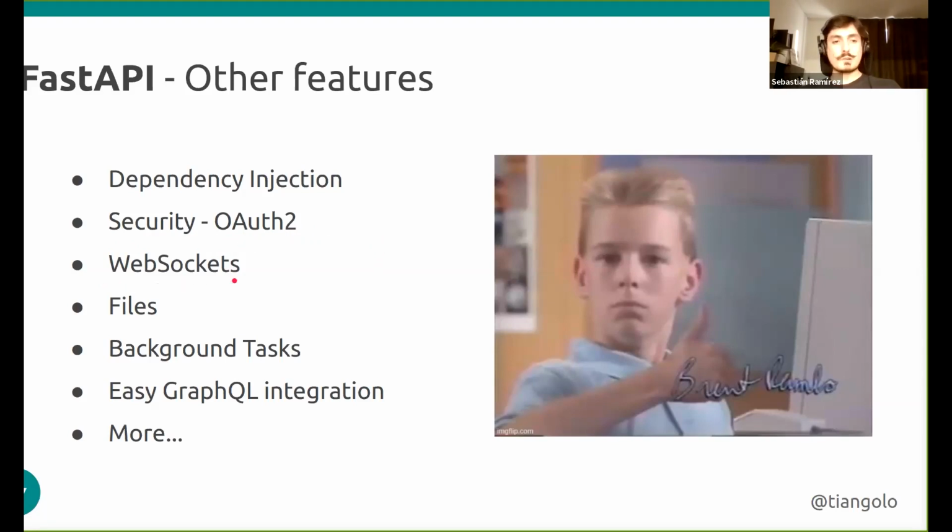You can have WebSockets. These WebSockets are possible because FastAPI is an asynchronous framework, which is based on Starlette, which is based on the new standard ASGI. Well, those are technical details. The thing is that you can do WebSockets that you wouldn't be able to do with most of the other established frameworks. You can use files, send files, and it has integrated background tasks.